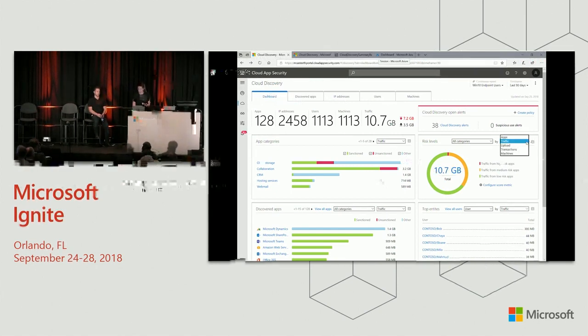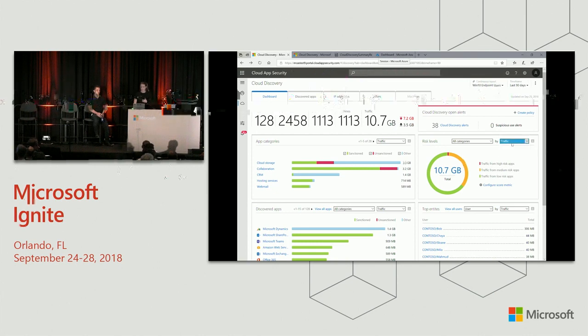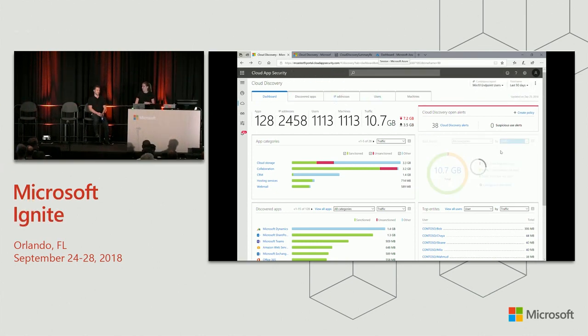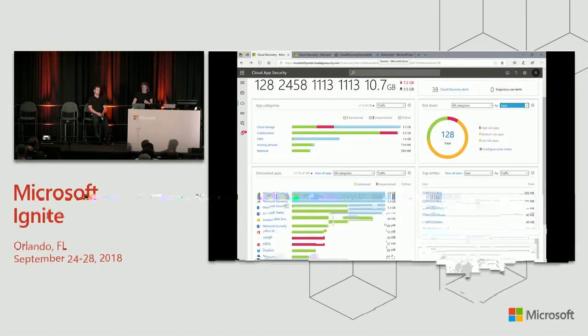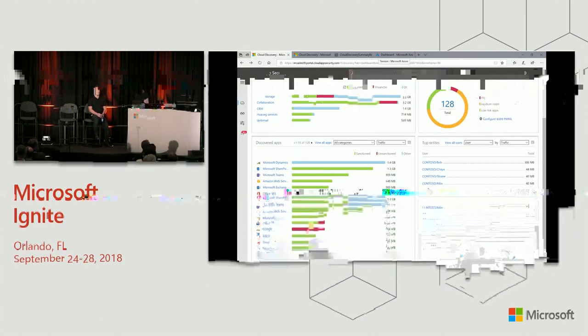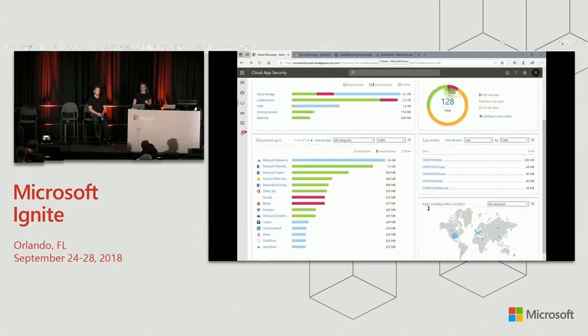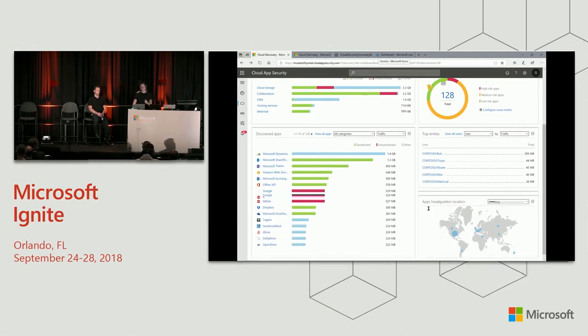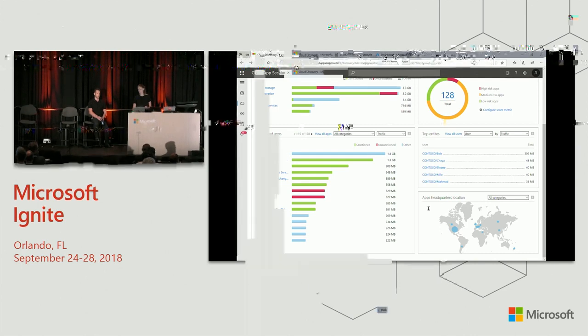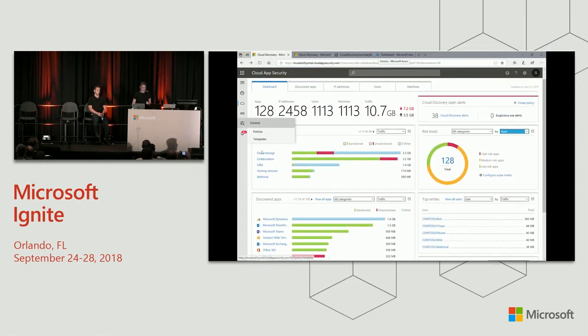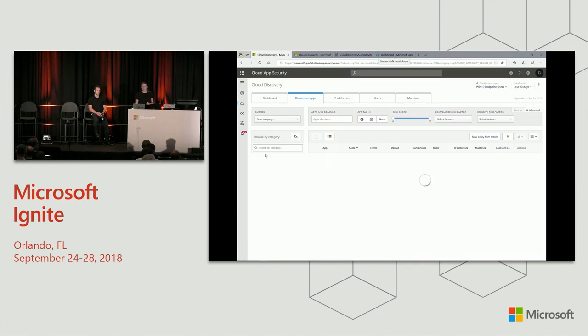We also have over here risk levels associated with the different categories, so you can look at that by traffic or specifically by apps. As admins, you're going to want to look at those risky apps specifically. Demo Wi-Fi still working. And so the homepage really gives you a great overview across categories, the different and top apps, your users, which you do have an option to obfuscate, as well as the headquarter location of each app that was found. So to dig a little bit deeper, let's start with the category for cloud storage.